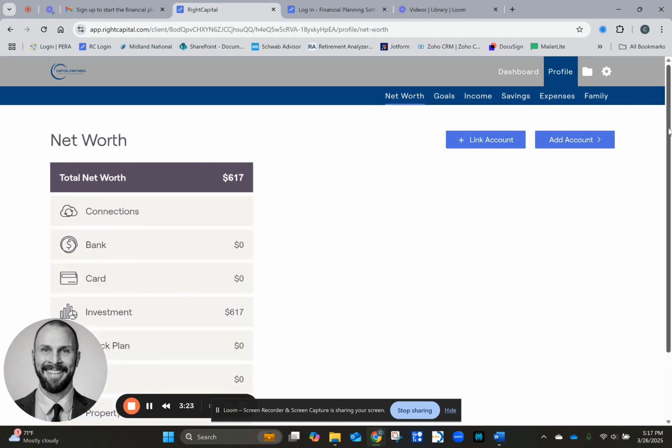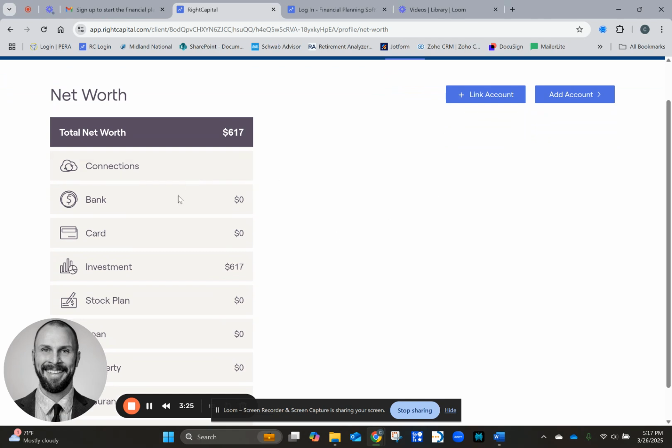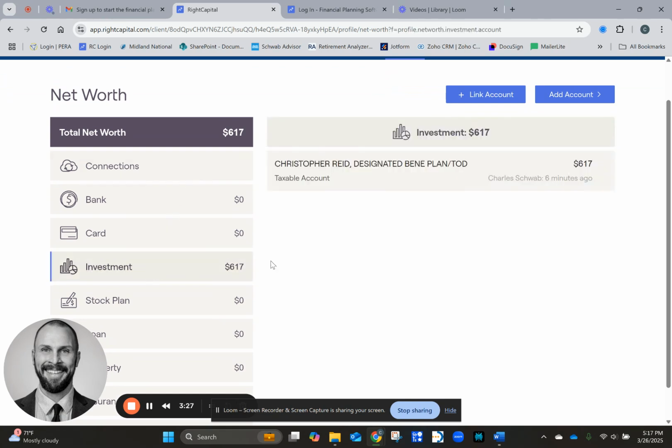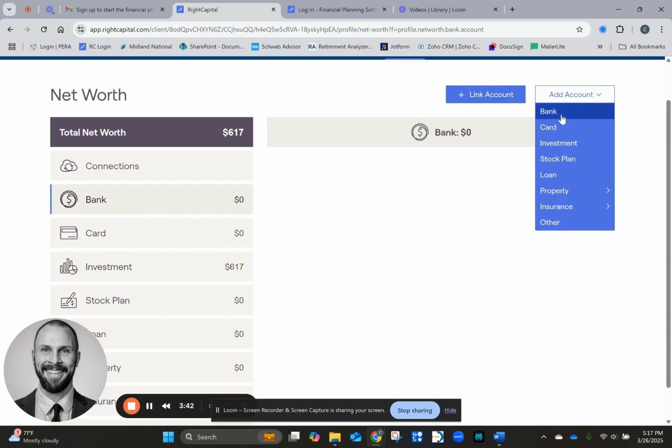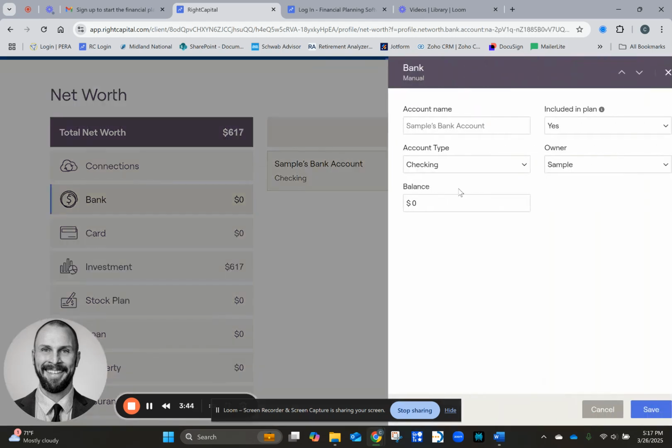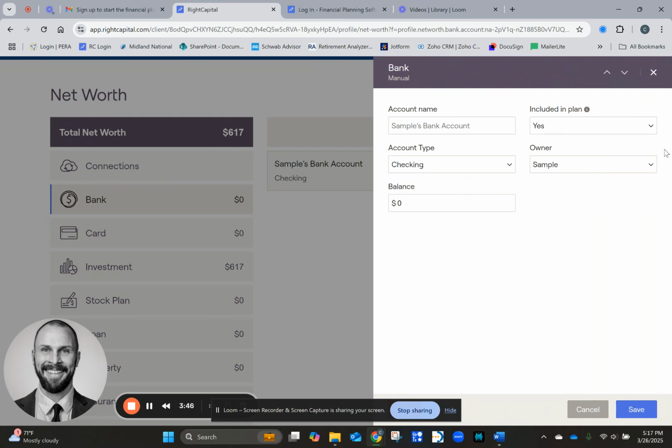Now, if you're already investing with me, I should have, and this is an example from one of my own personal Charles Schwab accounts. I'm going to add in your Charles Schwab account with your investments, but you absolutely can do everything from linking a bank account. So you can either enter it manually,